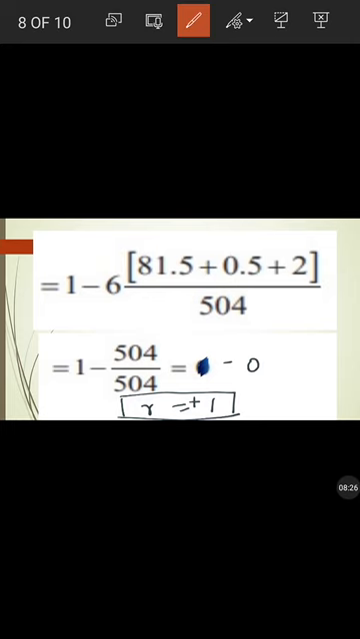What is 8 cube minus 8? 8 cube என்ன வரும்? 8 into 8 into 8. சரியா? minus 8. So answer is 504 denominatorல வருது. So our next step is 81.5 plus 0.5. என்ன வரும்? 82. So 82 plus 2 is 84. So இந்த ஸ்டெப்புக்கு முன்னாடி என்ன வரும்? 1 minus 6 into